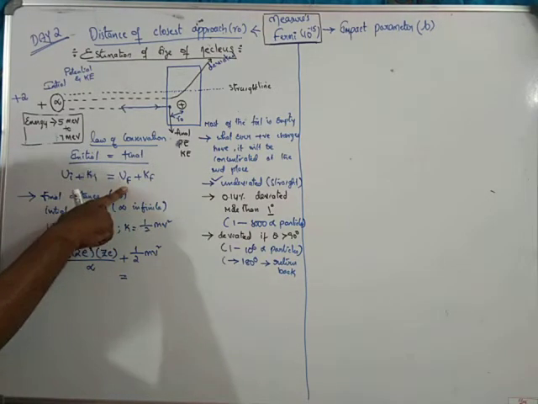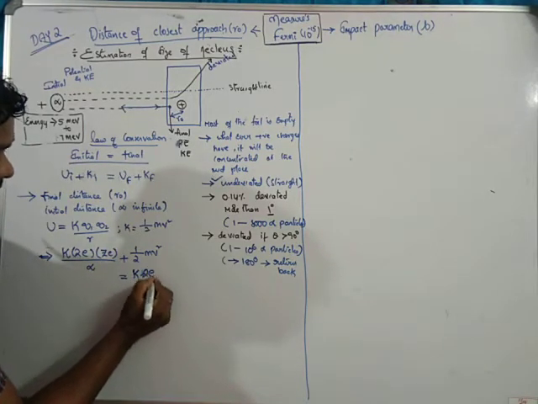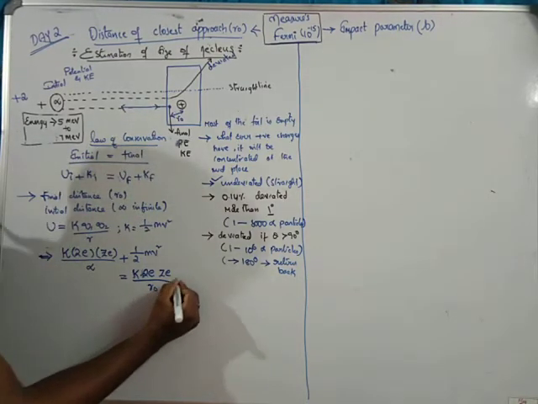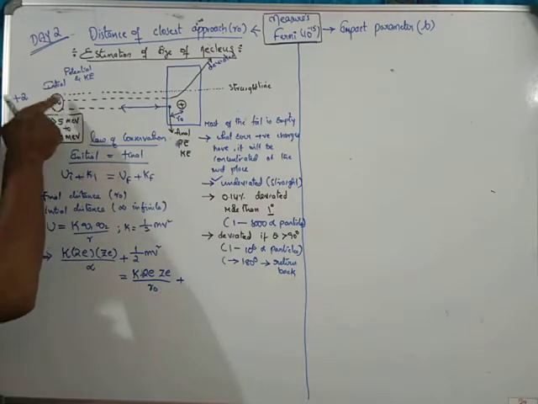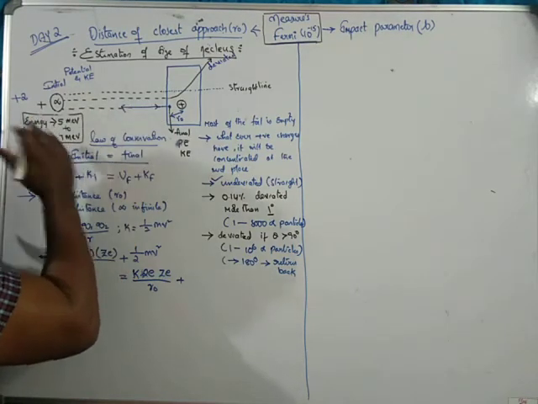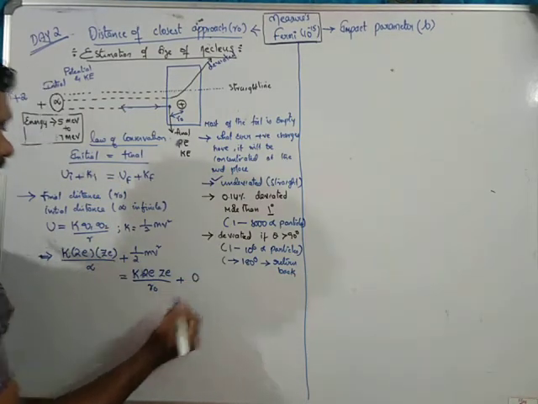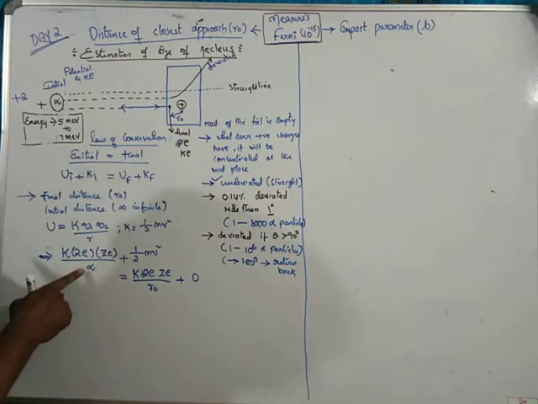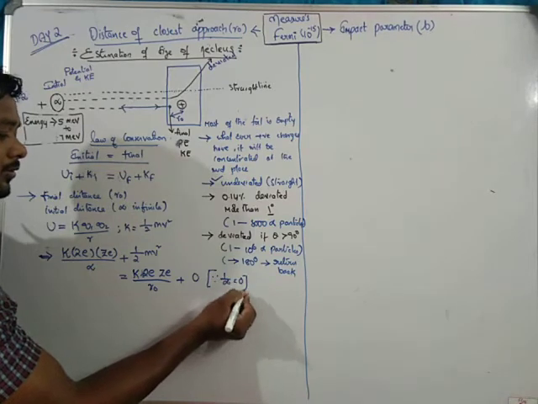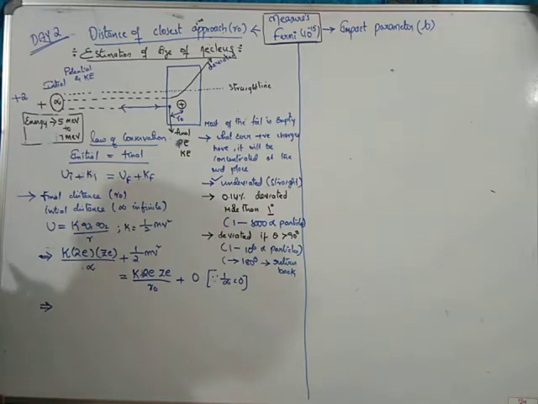Final potential energy. So the final potential energy is also the same, K into 2e Ze, but now the distance will be R naught, plus whenever we are giving some energy, it reaches this point and returns back. It means it will be the end point. So at the end point the final kinetic energy will be equal to 0. Okay, next, we know 1 by infinity is equal to 0. So this value will become 0.